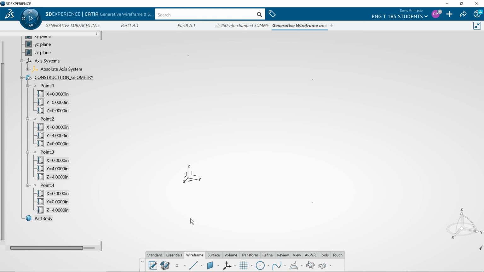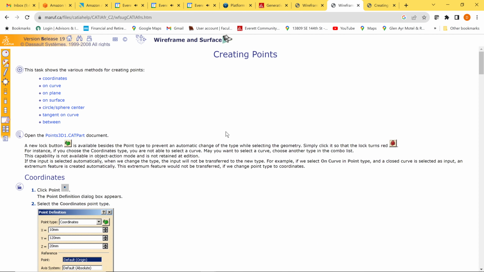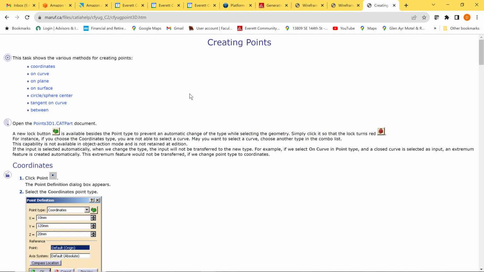Alright, let's say you wanted to create a line from point to point. You really weren't sure of the steps to do that. You could go back to your wireframe surface book, and you may recall I showed you the sitemap. Under the sitemap, we have creating lines. Okay, the other way I showed you was if I go back a page here